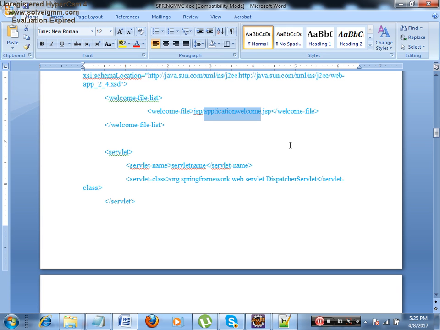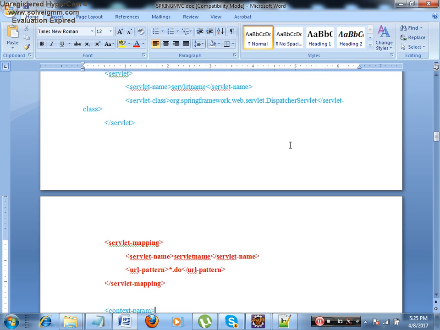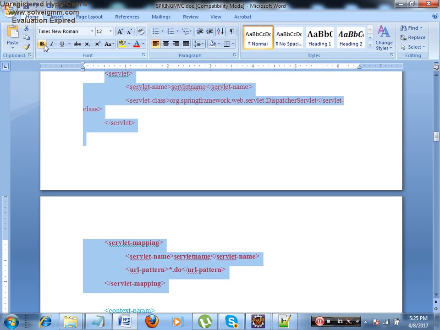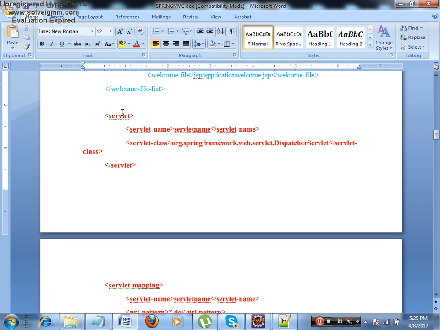Next, what framework are we making use of? We are making use of a framework known as Spring Framework. Whether it is Spring Framework or any other normal servlets or JSP, we require a servlet component in order to take the request and send back the response. The servlet component is defined by using two tags in the web.xml: one is the servlet tag, one more is the servlet-mapping tag. Under the servlet tag you will have the servlet name and the servlet class.